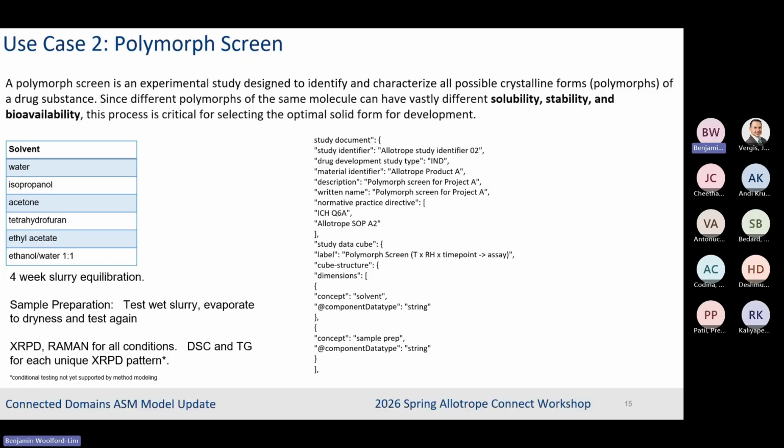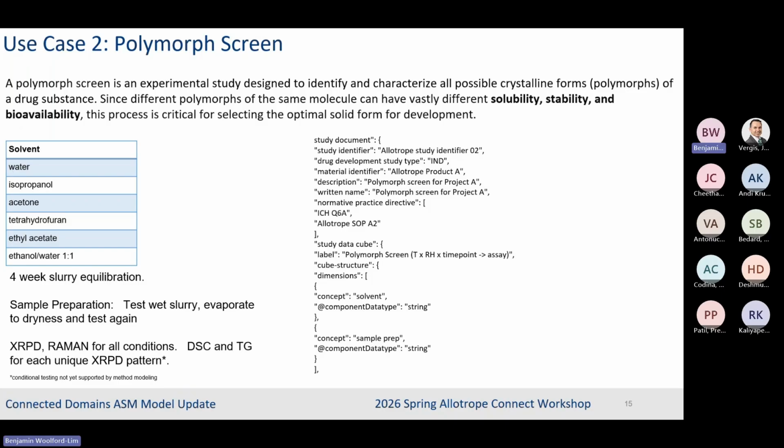So a typical screen that you would do is what's called a slurry screen. You make up a slurry in a bunch of different solvents. You let it hang around for weeks because thermodynamics is not always the quickest thing, right? So you let it sit for 4 weeks, and then